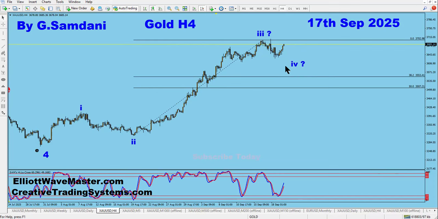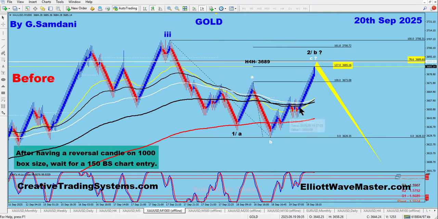So I made this chart. Let me see which one I made the chart on. Oh, here, this is the chart. So now you can see that wave three ended here, and then it dropped here. This could be wave one, and then A, B, C going back to more than 61% and less than 78% right now. But if you pull the fib from here to here as well, you can see that here you are already at a 127 extension, which is a very good turning point.